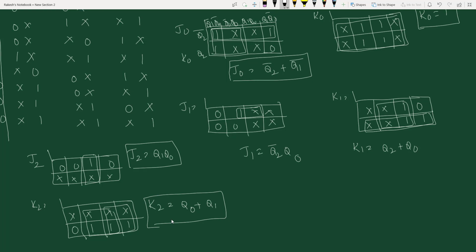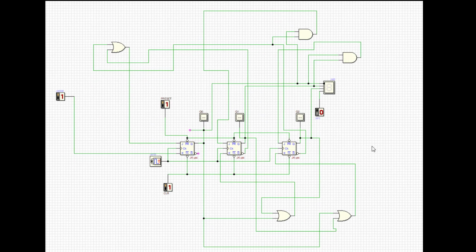So I'm going to connect all these inputs to the flip-flops and simulate the same circuit using a gate software in a moment. Let's see. So here is the MOD 6 counter. These are the three JK flip-flops, and a common clear input is given, a common preset input is given, and this is my clock. And this is my input to J, and K is always connected to 1. Similarly, these are the two AND gates whose outputs are given to the second and third flip-flops. Similarly, these OR gates are given as input to K.